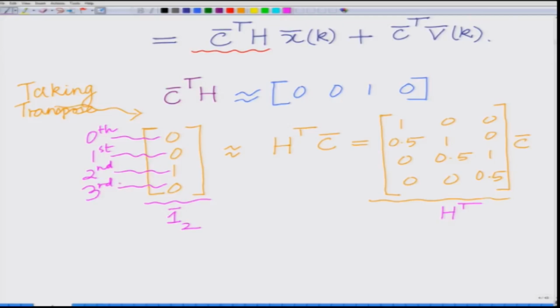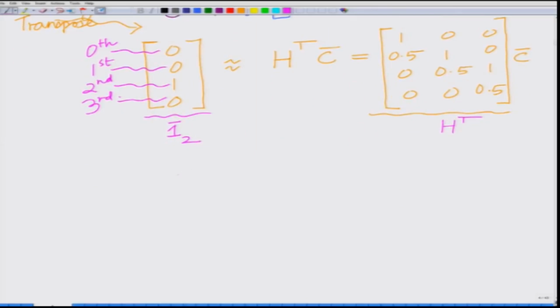So, 1 bar 2 is basically the vector which has 1 in the second position, start counting from 0, and zeros everywhere. And therefore, now the least squares criterion for equalizer design can be expressed as,